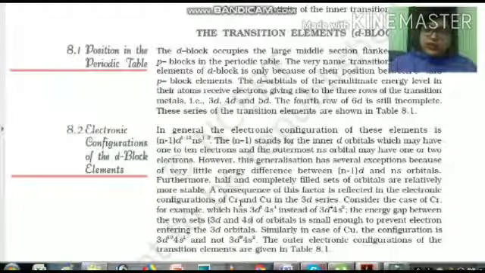Okay children, so just go through this part, and later on we will discuss the electronic configuration, their oxidation states, their ionization enthalpy, their electrode potential values, their catalytic property and alloy formation. Here we will also calculate magnetic moment by one formula that is given. So many properties are there of d block elements. They form interstitial compounds also. So one by one we will discuss all these properties.